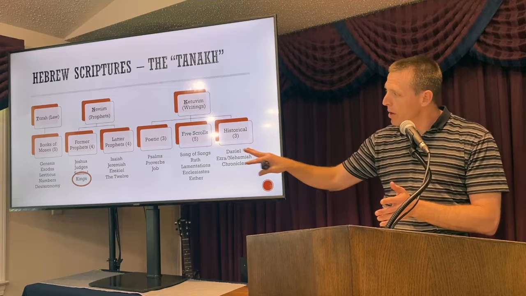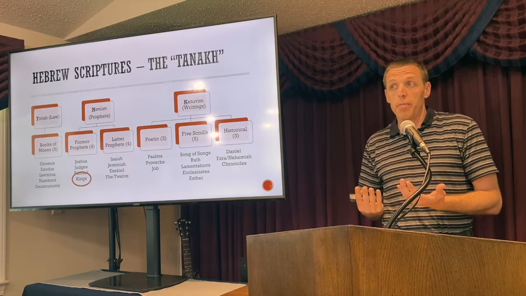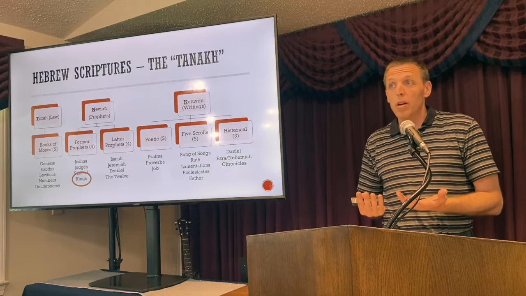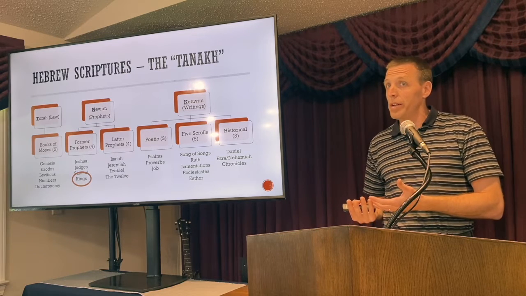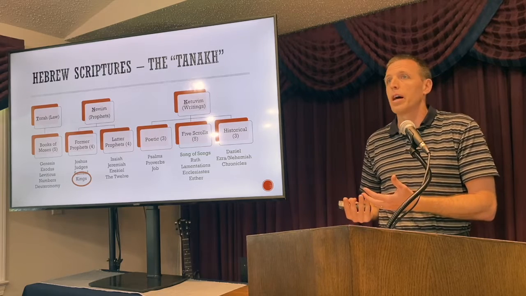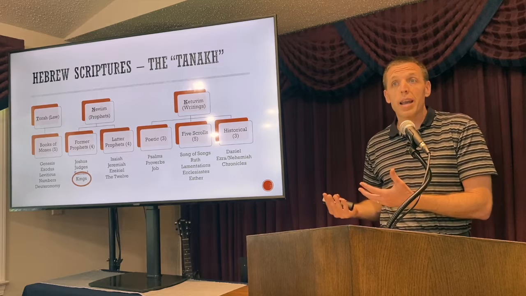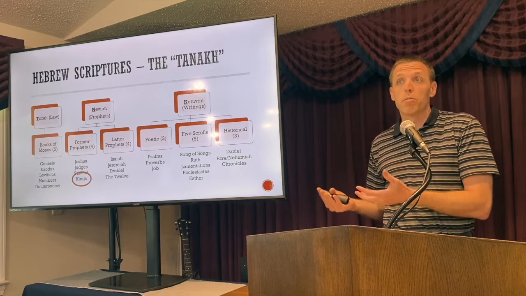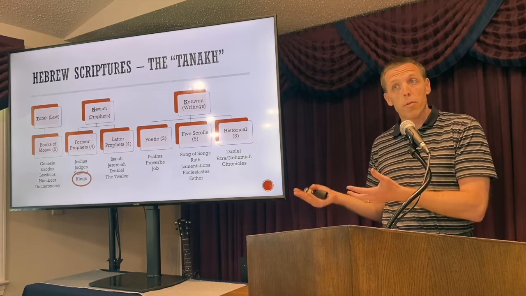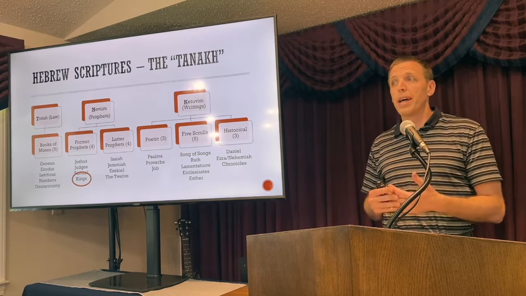And in fact, as I mentioned before, the historical books ask, how do we live during this time period? Like, Israel's a chosen nation. We are God's special possession, but it doesn't look like it. How do we live during this time? What does life under the sun look like? How do we explain suffering? How do we explain the providence of God and the fact that the miracles that are recorded in the Torah and in the former prophets, they're not happening anymore? How do we explain that as a people? And that's what those are.